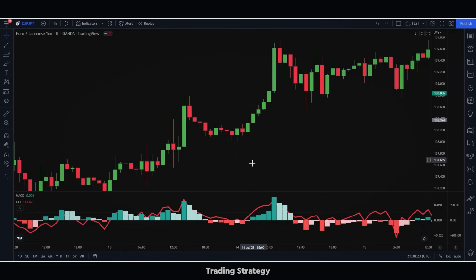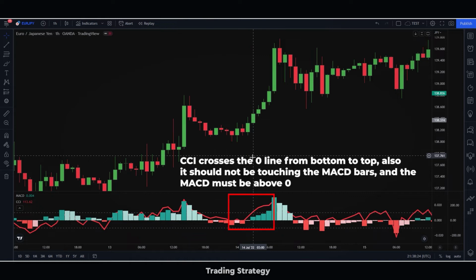Let's see an example for opening a BUY position. To open a buy position, it is essential that the red CCI line has crossed the line at plus 100 from bottom to top, while the MACD indicator should have been above the zero line. At the same time,